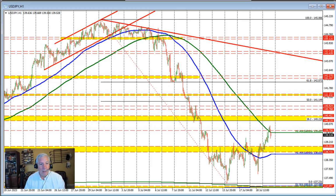Looking at this chart, here's our support against the moving averages down here. You can see how it bounced off that level. The price action has been more up and down in trading yesterday. The price fell, moved above the 100-hour moving average, then fell back below it and then moved back above